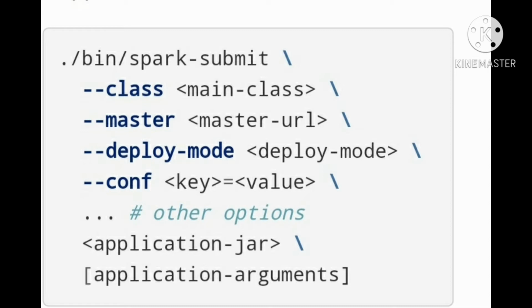There are two types of deployment mode in Spark Submit. One is client, another one is cluster. In case of YARN cluster, we used to give yarn cluster. It depends upon the cluster we are using. Okay. If we are giving client, what will happen? If we are giving yarn cluster, or cluster, whatever it is, in the cluster mode, what will happen? Let me explain to you.